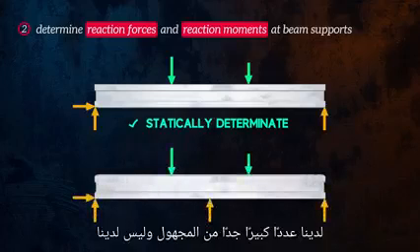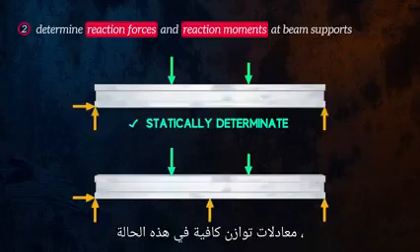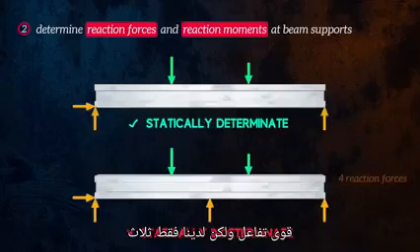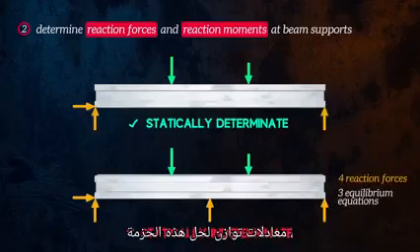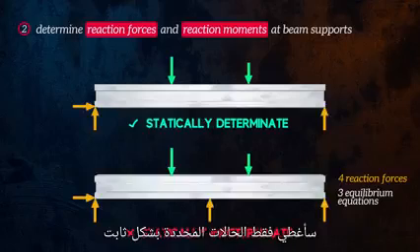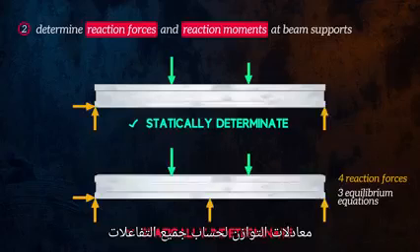For some beam configurations, like this one shown here, we won't be able to calculate all of the reaction loads because we have too many unknowns and not enough equilibrium equations. In this case, the beam is said to be statically indeterminate. This beam has 4 reaction forces, but we only have 3 equilibrium equations. To solve this beam, we would need to use slightly more complicated methods and consider boundary conditions. In this video, I will only cover statically determinate cases, where we can use the equilibrium equations to calculate all